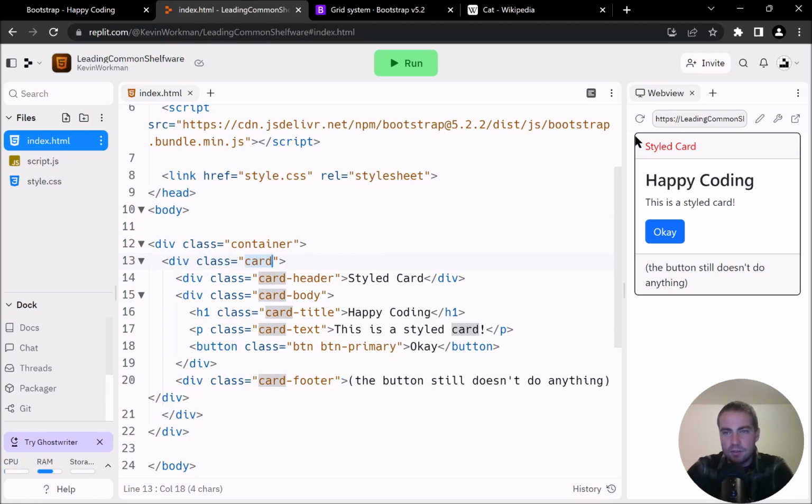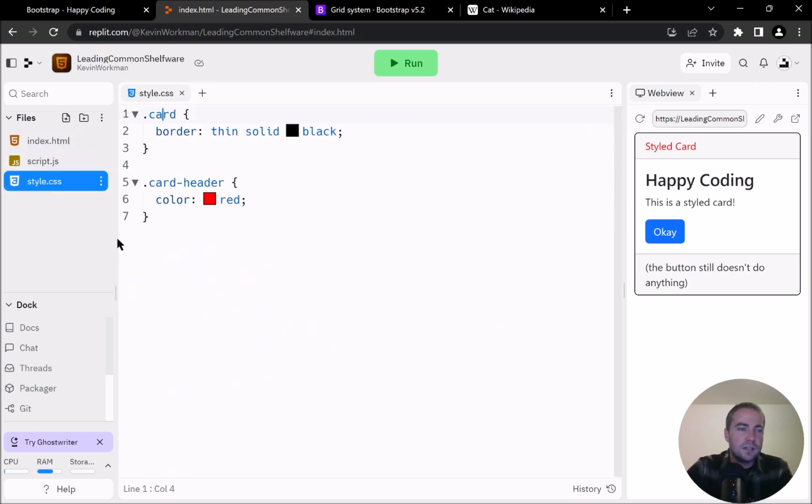It gives it this rounded border, gives it some of the background colors and stuff, and same thing for all of the other classes. Bootstrap styles it, and then this line of code loads my style.css file, and I also style those classes. So